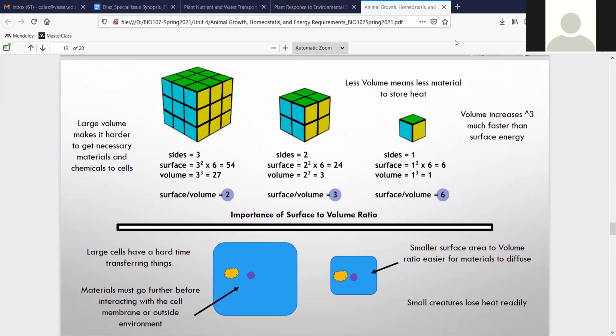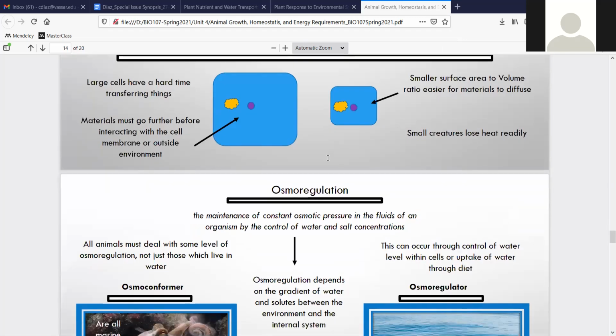So talking about partial pressure, what I would like you to understand about that is this idea of surface to volume ratio and its relationship to partial pressure. So when I say that, what I mean is, partial pressure has to do with,